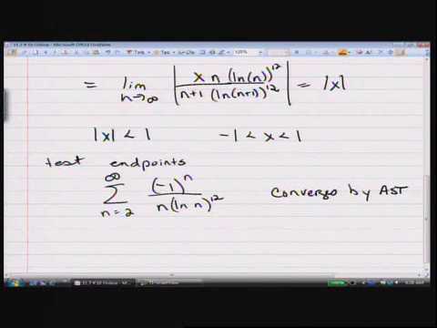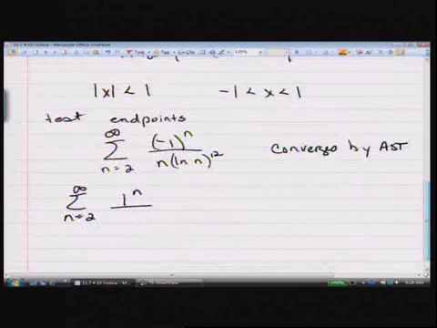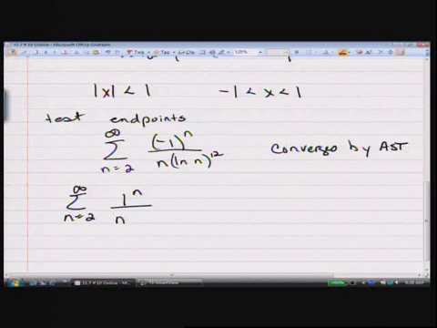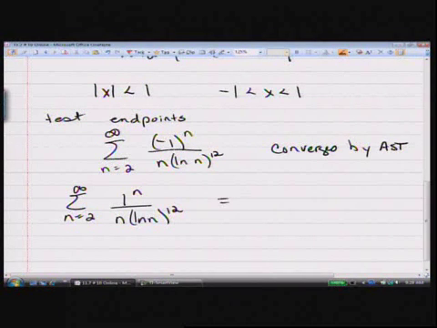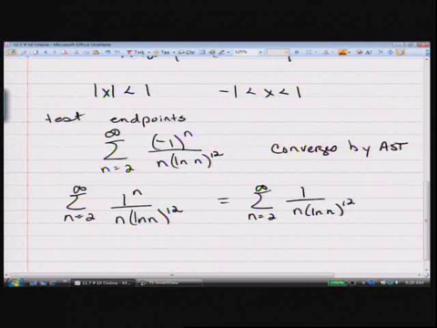Now, when you plug 1 in, you're going to have to think about it some more. 1 to the n over n to the ln of n to the 12th. And so that's going to be just 1 over n times ln n to the 12th. All right, and so